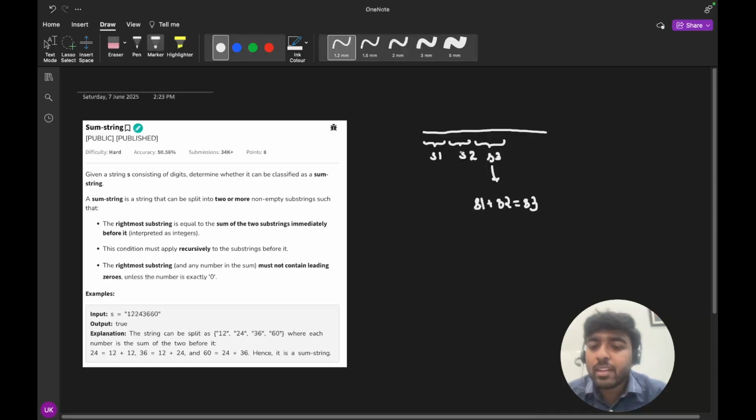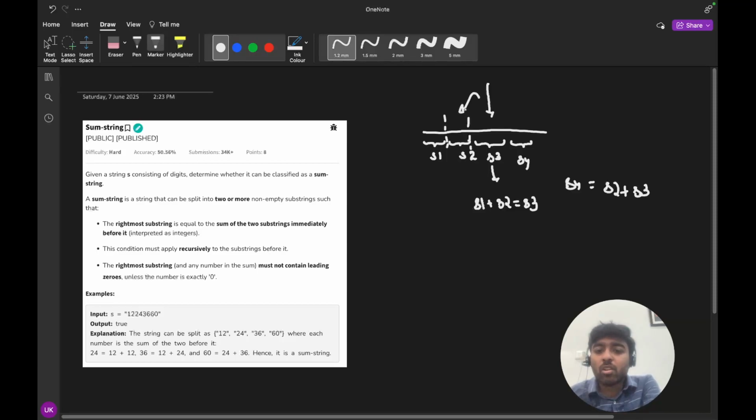And after it you have to repeat this step. There should be another string s4 that will be equal to s2 plus s3. So it means you have to divide the string into such parts that the current string is the summation of the previous two substrings. Okay, so you have to tell whether we can do it or not.